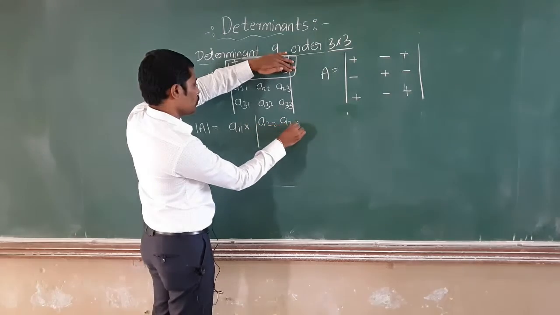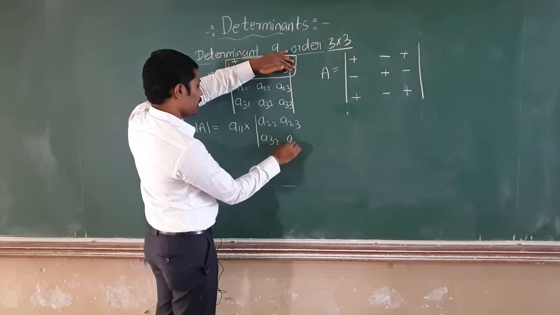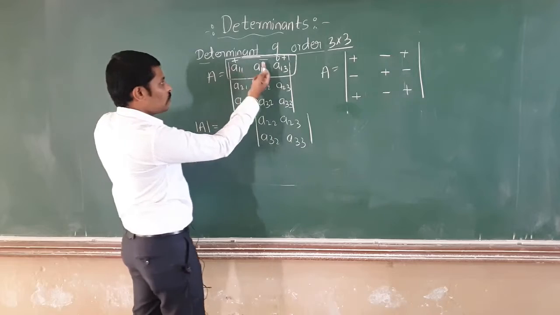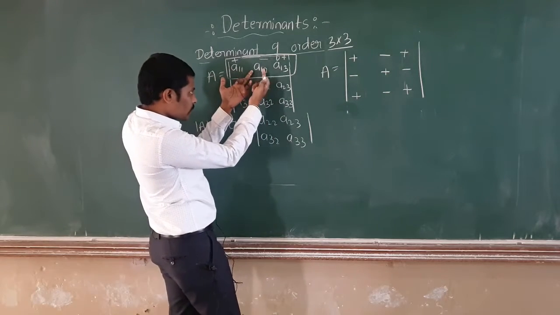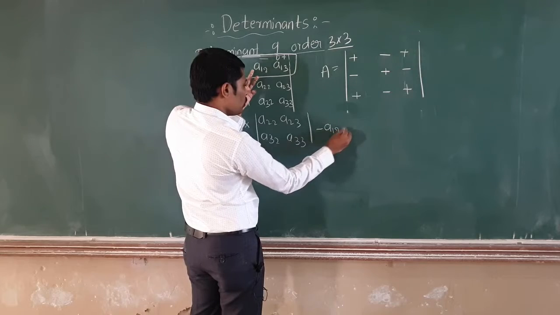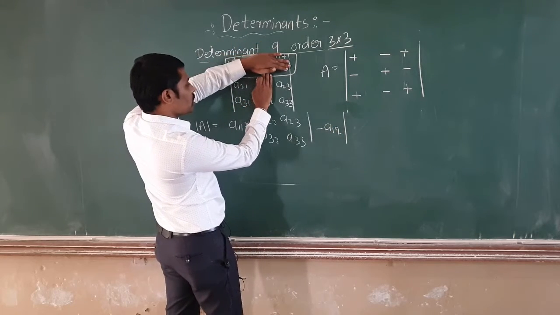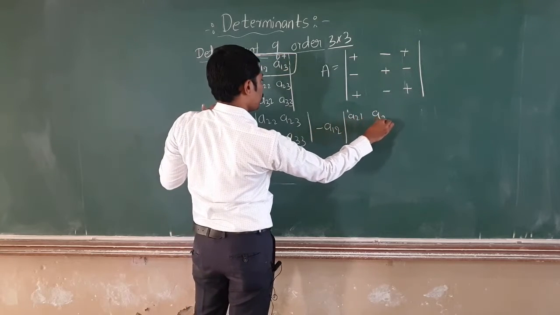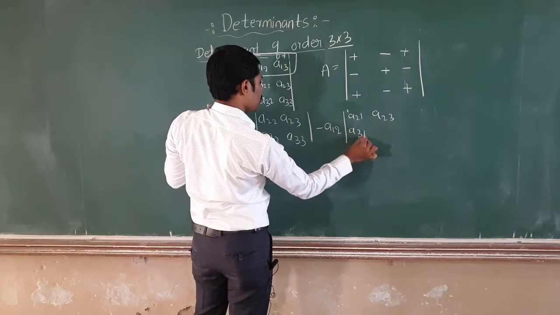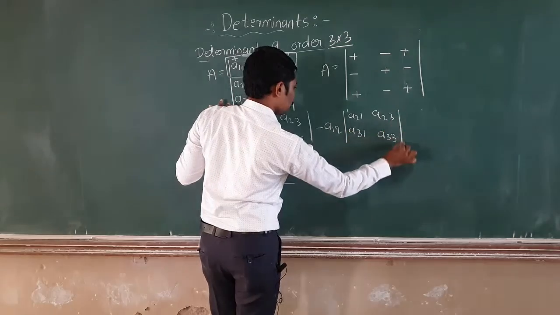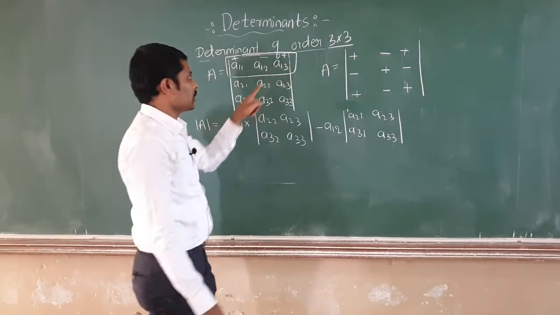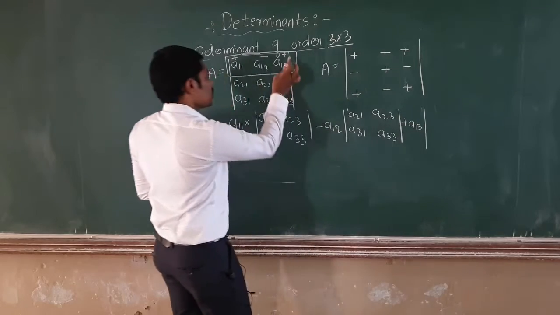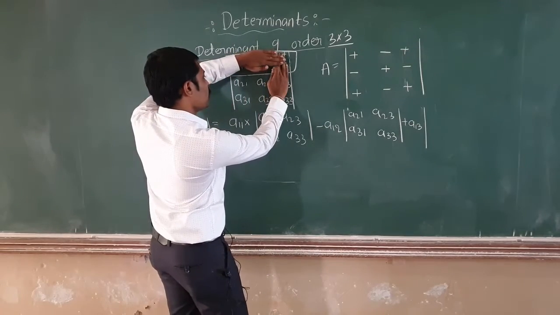A22, A23, A32, A33. Now, you know how to evaluate this one, so we will find the value. After this, move to the second element. What is the sign? Minus, with A12 into, delete the corresponding row, corresponding column. What will you get? Write that one. That is A21, A23, A31, A33. Then the last one, the sign is plus, plus A13 into, with respect to this, delete the corresponding column, corresponding row,